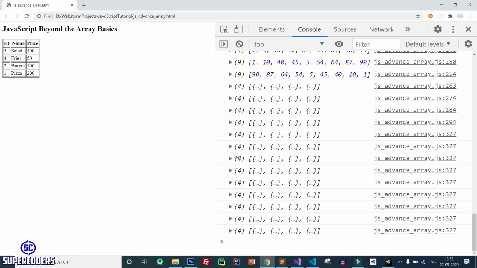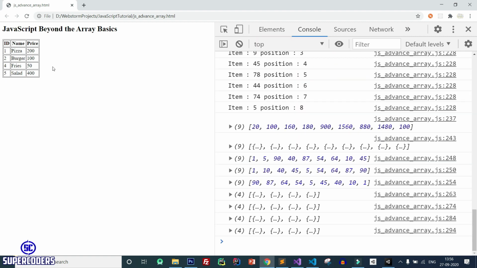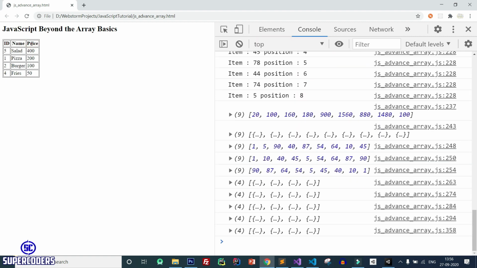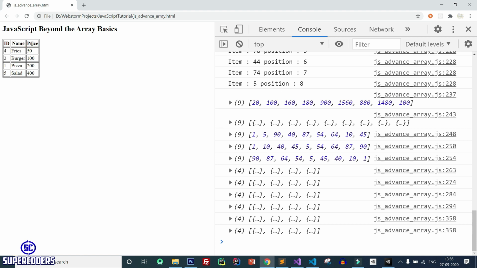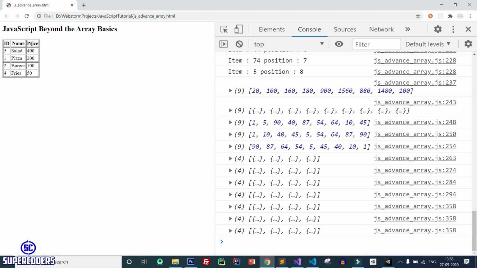Back to Chrome, refresh the page, and let's try to work with price. So if I click on price, it's being sorted. You can see first it's showing 50, 100, 200, 400. If I click again on it, 400, 200, 100 and 50. So my reverse order and ascending order are both working for sorting data. So in this way you can use the sorting technique in JavaScript. It is very useful when you are working with websites. It is a much easier and very important topic of the web development part of JavaScript.